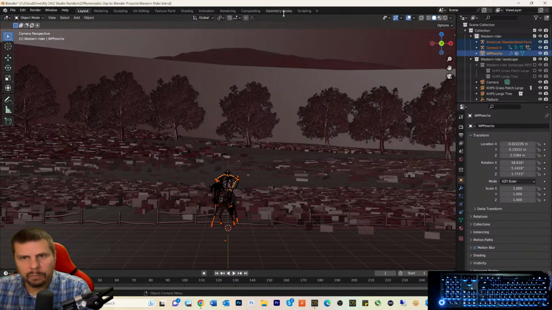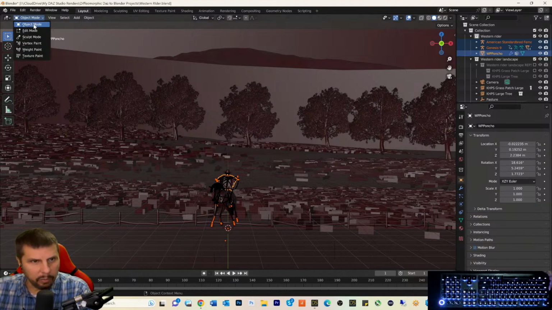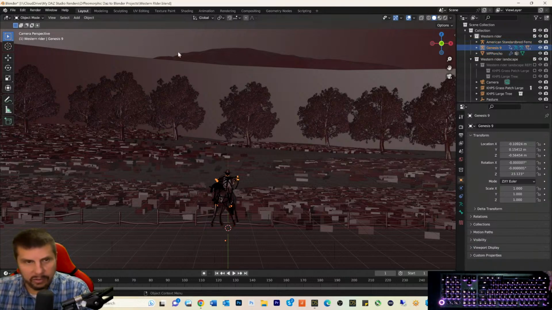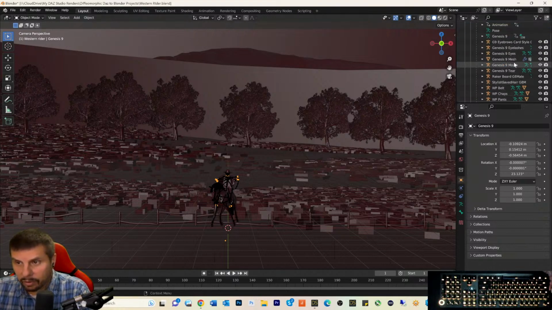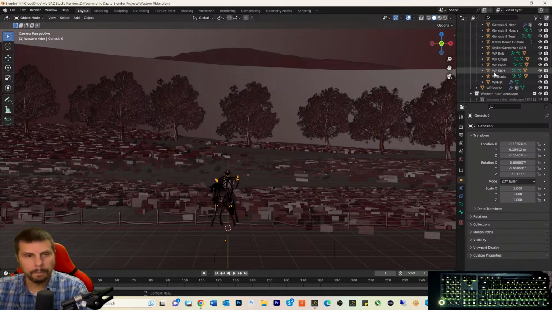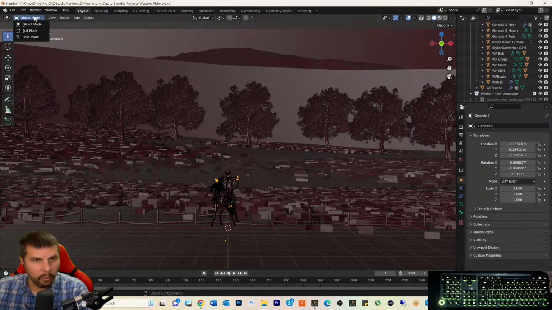Editing. So up in here we have shading tutorial, UV, sculpting, modeling. Now this part here where it says sculpt mode, when you select an object like Genesis 9, or you would want to select a piece of his clothing, like his pants or his shirt, and when you select that and then you go into sculpt mode,